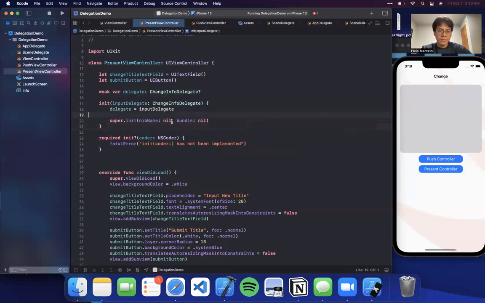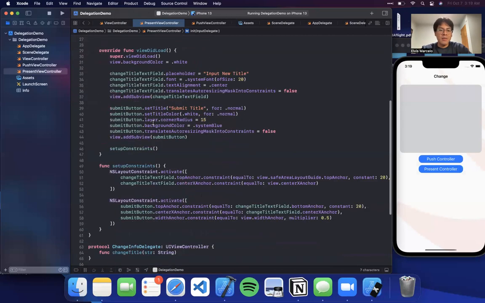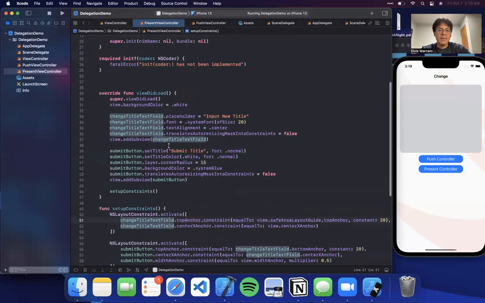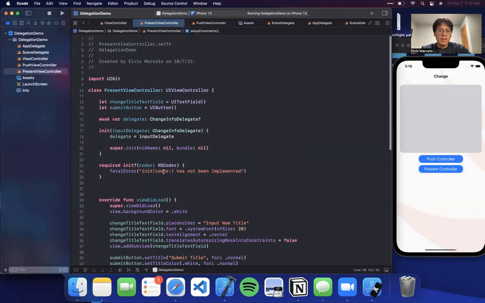Actually, fun fact, what this super.init is basically saying is, hey, we're trying to look for a nib file of this nib name. And nib files are basically formatting files that tell the screen where buttons, UI labels, and UI images are on the screen. So you know how we programmatically did it, by setting top anchors and center X anchors and all that down here in setup constraints. There are files that do that for you, kind of like how Storyboard does it,